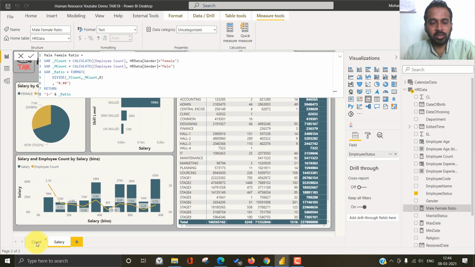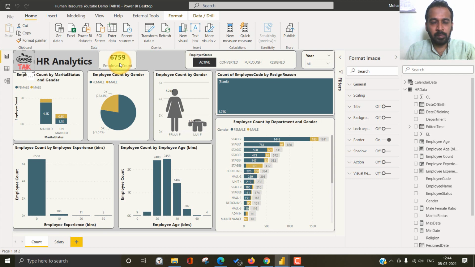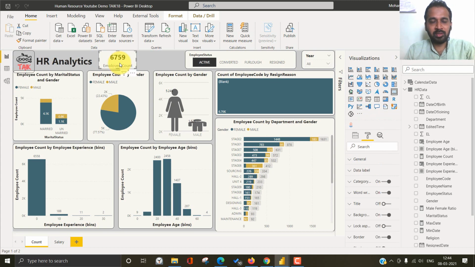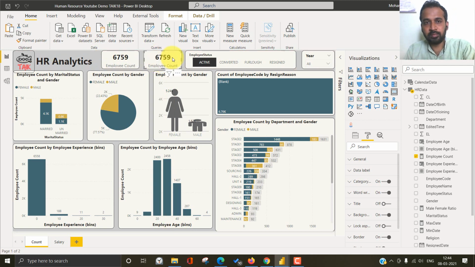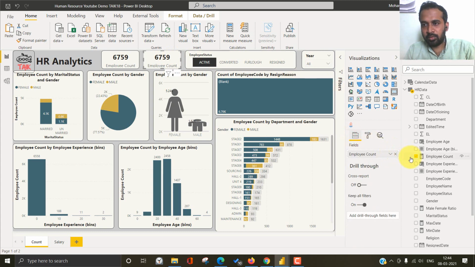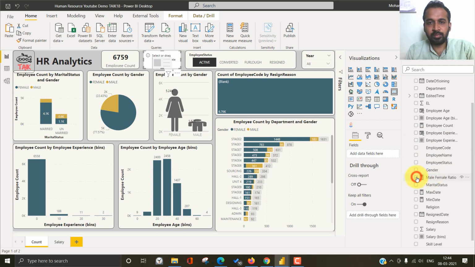If you go to this count sheet, selecting this employee count, Ctrl+C and Ctrl+V, drag and drop and keep it over here. Instead of this employee count, I'm using male-female ratio. So 3.46 is the male-female ratio.